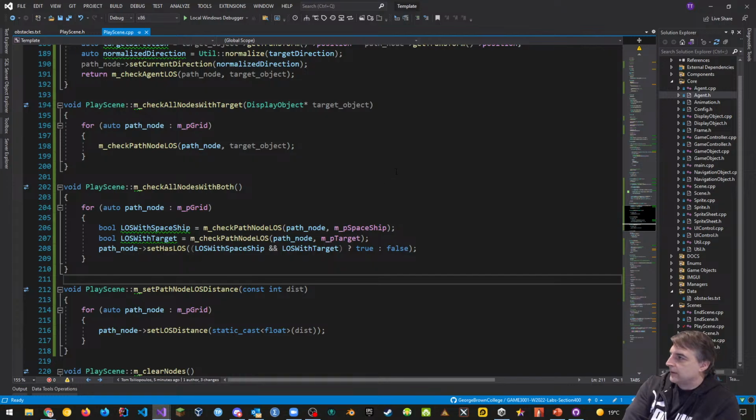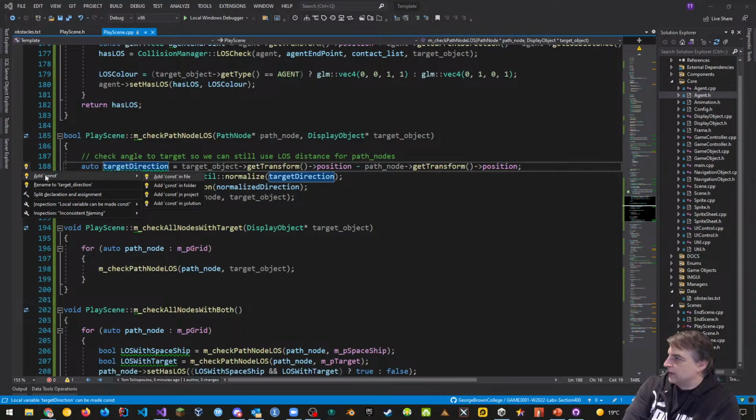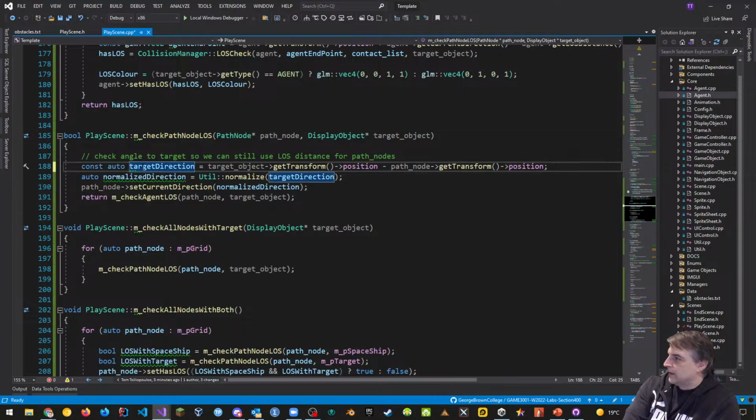You're good. Okay, excellent. So back up here with target direction, this is another one where it's saying, hey, target direction is equal to this. I like these ones because it's line of sight with Spaceship, line of sight with target, but maybe these ones we can change. First of all, there should be const because it's not changing, and it's asking us to change the name.